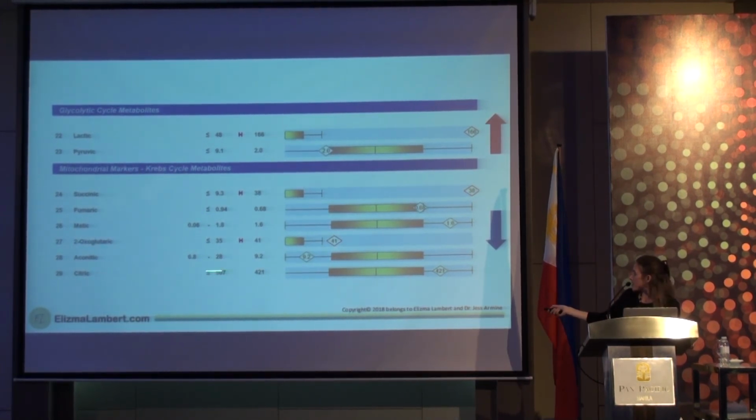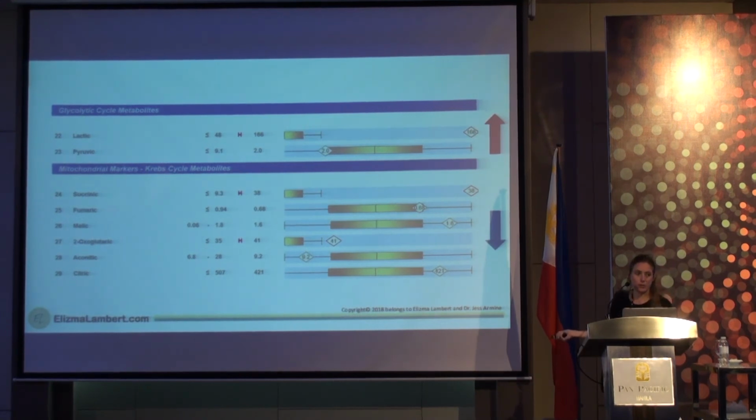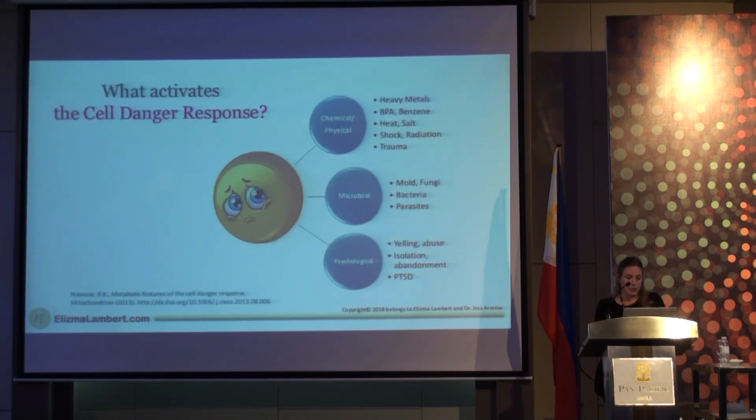As a consequence, you'll still have activity here, but you can see the zigzag pattern. It's like high, low, high, high, high, very high. The succinic acid marker here, for instance, is an indication of a complex 2 inhibition. And so you can start reading the patterns like that. But when you start seeing them all over the place, then you know there's a cell danger response going on. And then it's like, okay, how do we investigate this? What's causing this? Which brings us to this point,